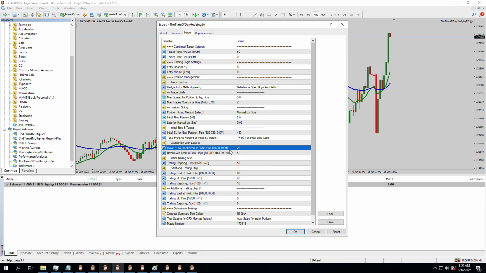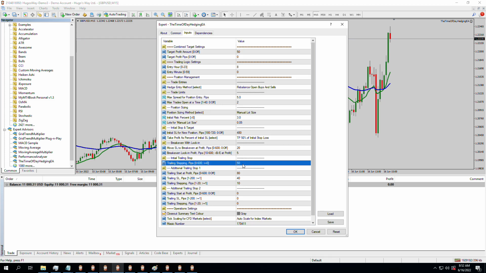So move the stop loss at 20 pips of profit, move it to 5 pips break even. That's what I did, very conservative. So if the price moves up quickly and comes back, we get out of the trade at a very minimal profit, no loss. I told it the initial trailing stop to be 50 pips, although this is saying trailing stepping,